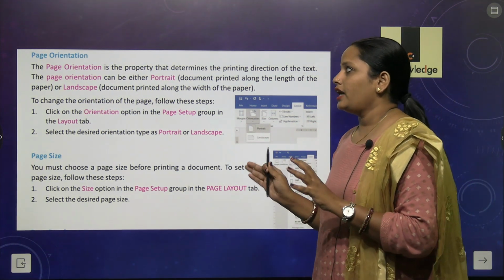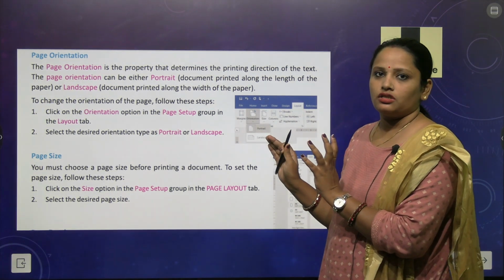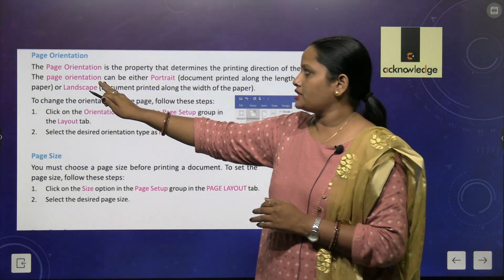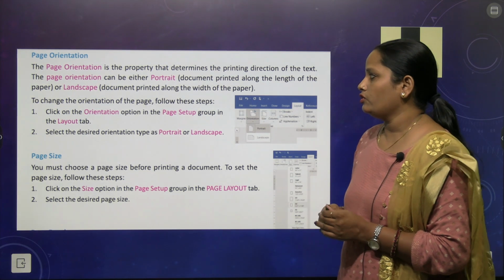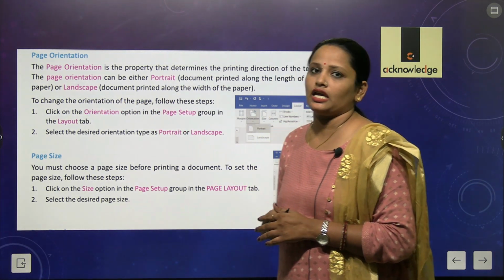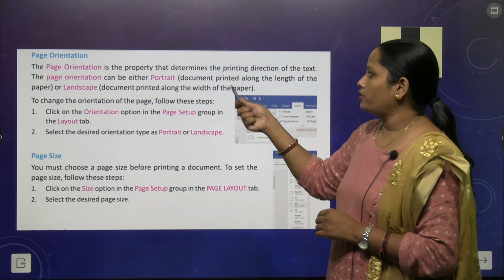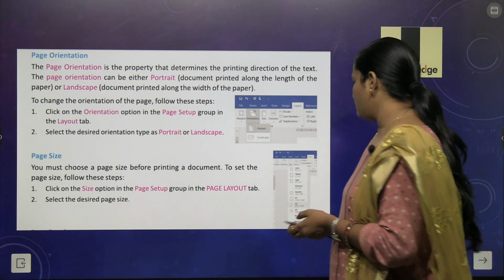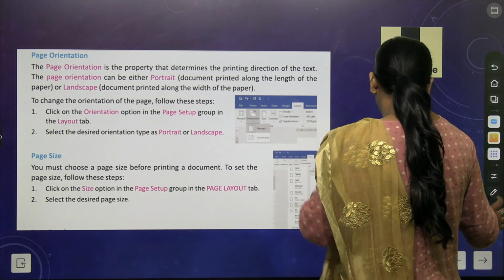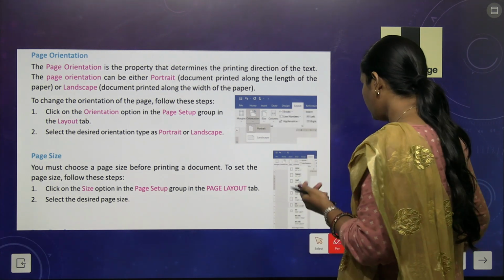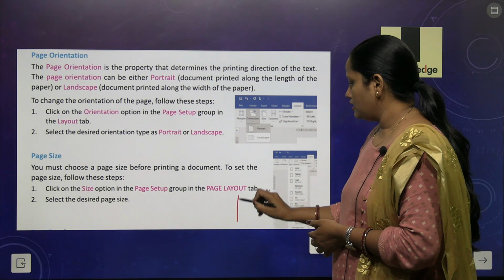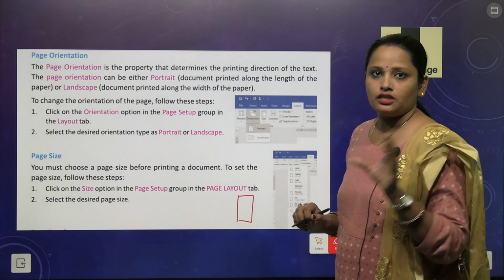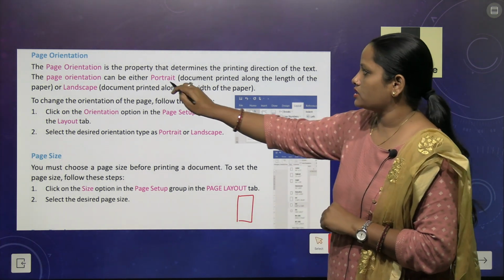It tells us how to keep our page according to our content. So, it makes our page portrait view, and we can keep our page in landscape view. What is portrait view? Portrait view is a document printed along the length of the paper. Whenever we use a paper, we can see an A4 size paper or A6 size paper. The paper is like this. The length is this much, the breadth is less. So, this is what? Portrait